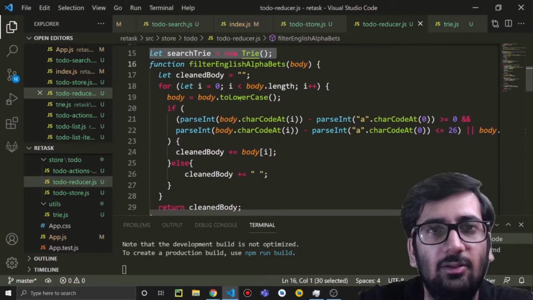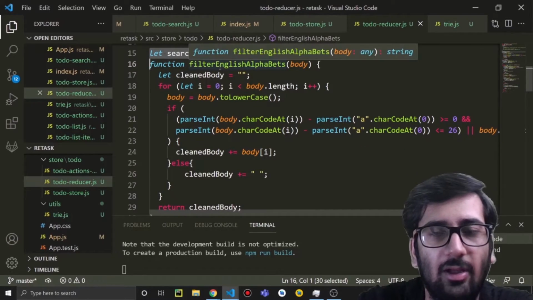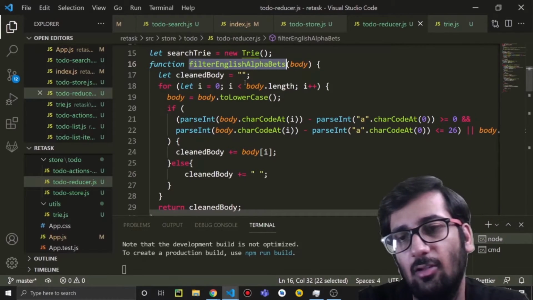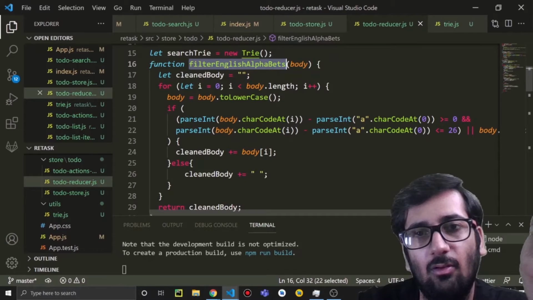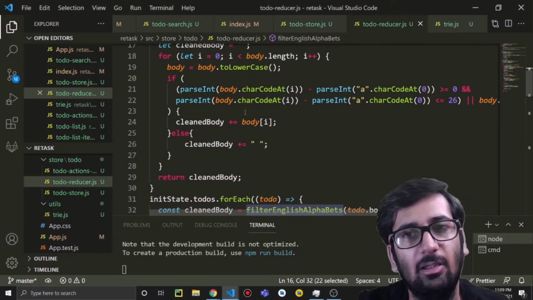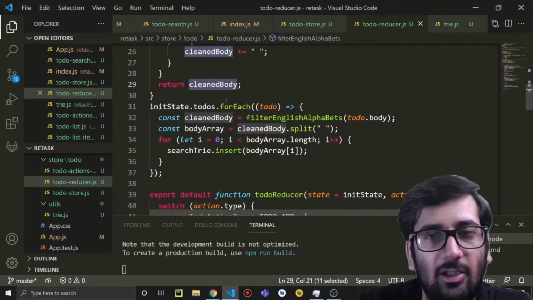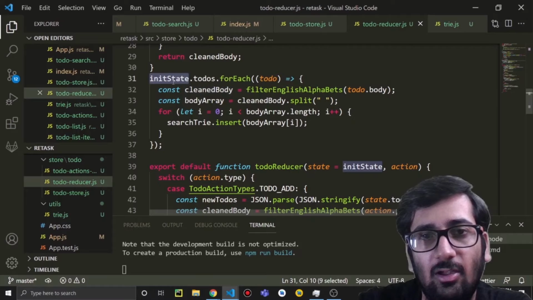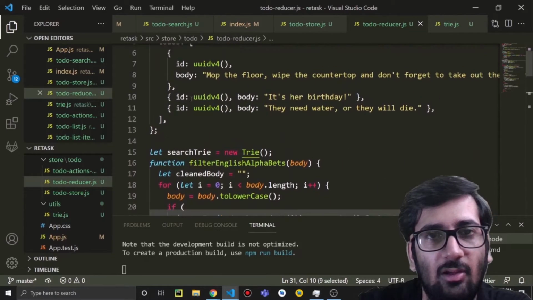Now what we are doing is, I created a function which will take a string input, filter out everything except the English alphabets, make them lowercase, and return the clean string. Also we are going to initialize our trie with all the initial state. Here is our initial state.